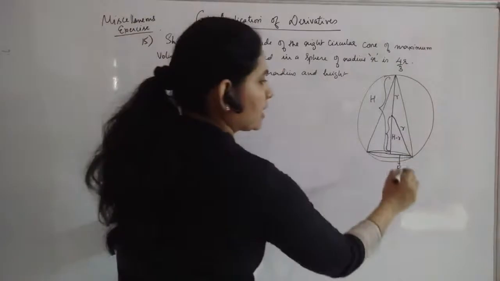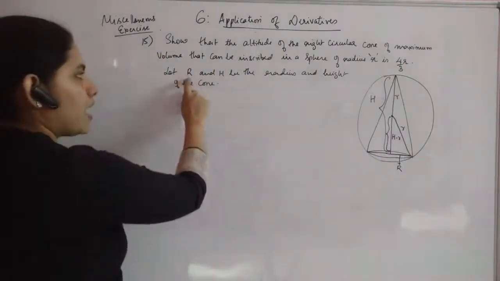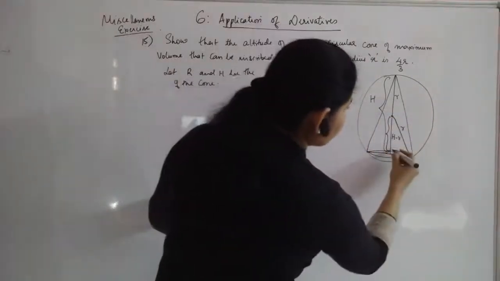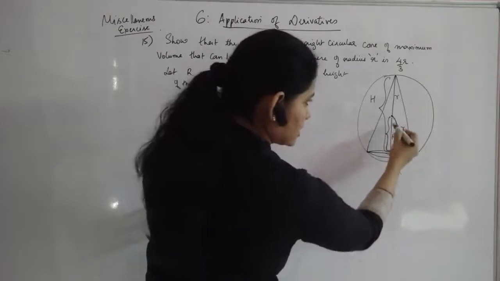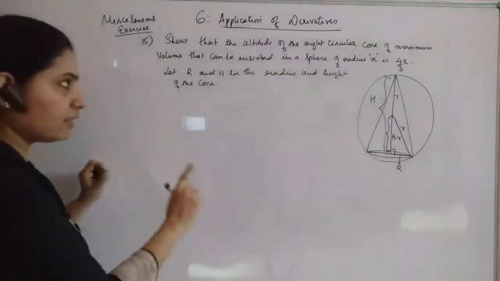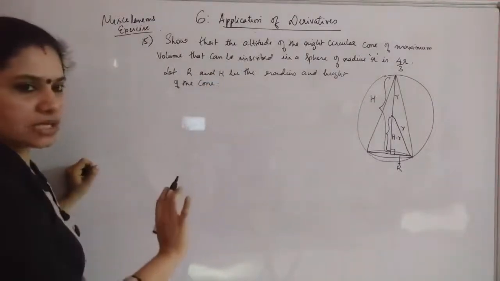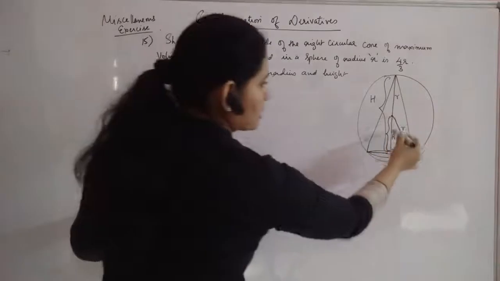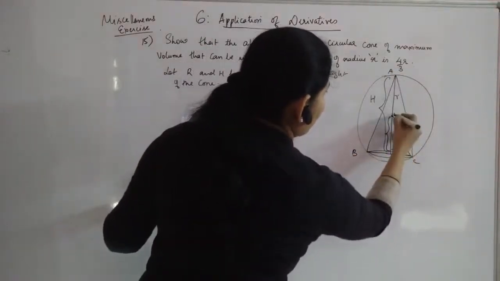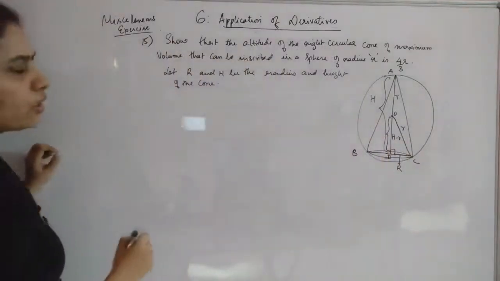We have to get a connection including these three, that is the given concept. R and H we have taken. So in order to consider this, we will take this triangle, the small triangle, so that we can connect all the three and find out one variable in terms of the other, because the third one is a constant. Okay, so we are considering this triangle. You can just give names A, B, C, O, D. So we are considering triangle ODC.